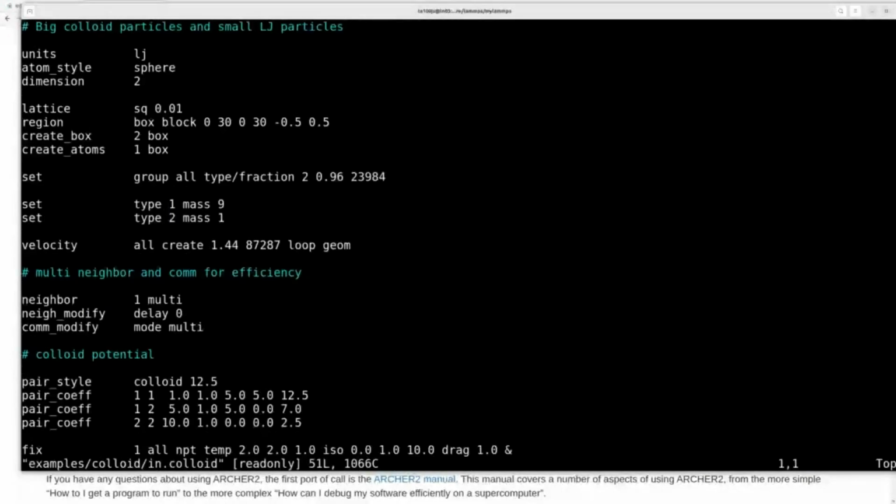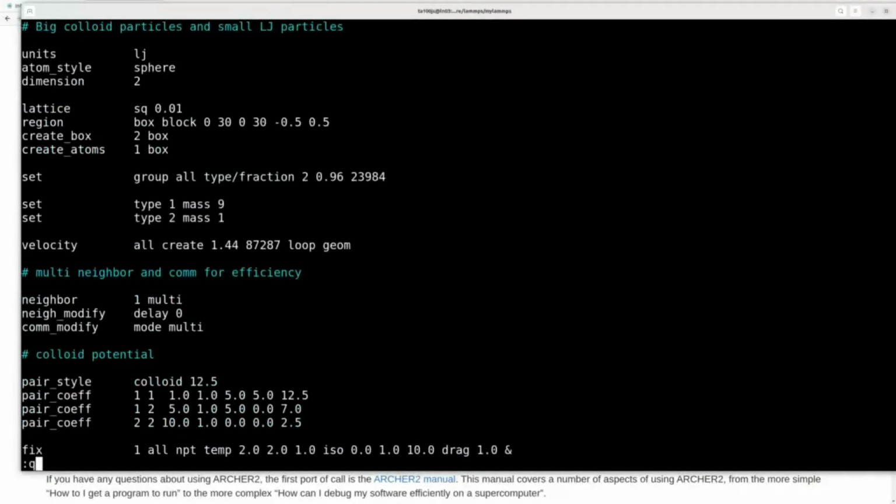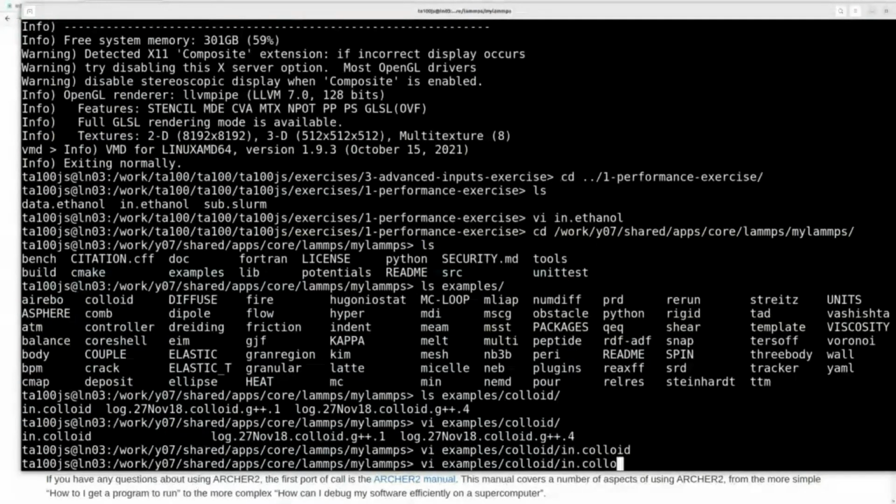And there it comes with an input file, and it's just an input file from the LAMMPS developers that runs a simple colloid script. There's one called, I think, friction as well that you can do. They've got tons of them, and very often,